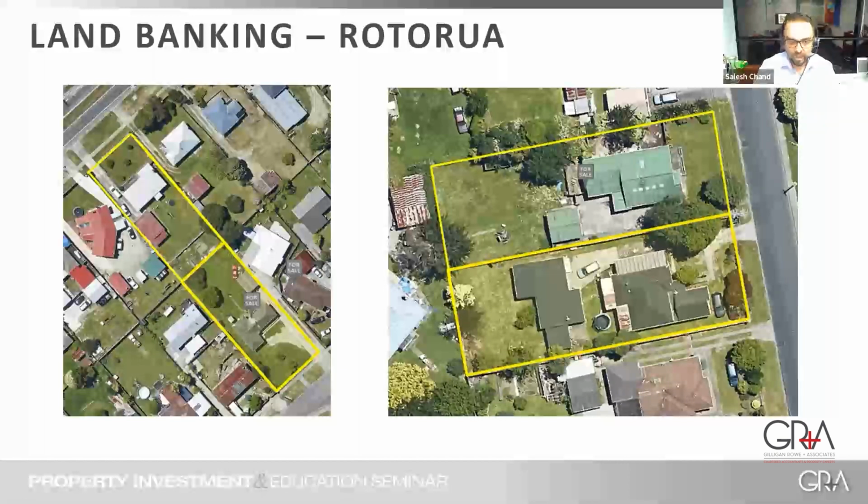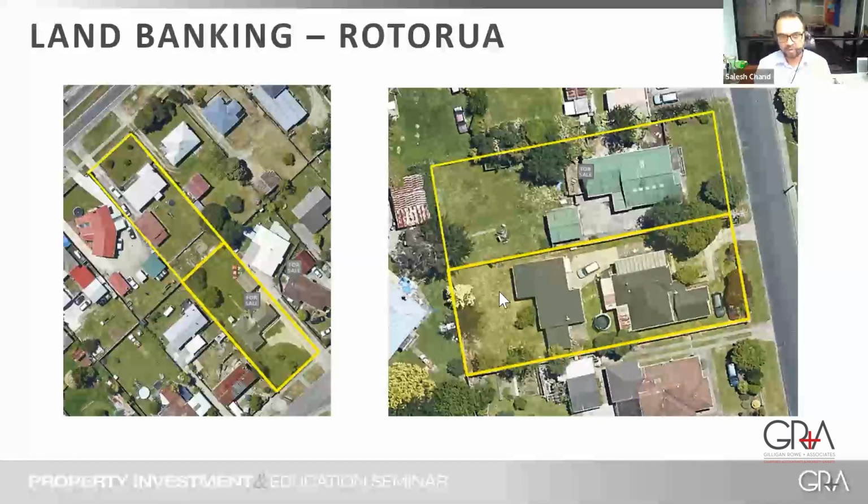Now, this is why we've bought 31 sites in Rotorua, because if you take Auckland back 12, 13 years ago, this is what happened in Auckland. If you didn't buy those properties with big land, you couldn't subdivide, the prices went up, and you couldn't buy them later. So we bought as many as we can, and now the rules are coming into Rotorua where you can do high density building. Actually, all around the world, you're going to see high density building because the cost of building is so high. There's no point in just building one house. People are now building 6, 7, 8 houses on one section because of the cost of building.